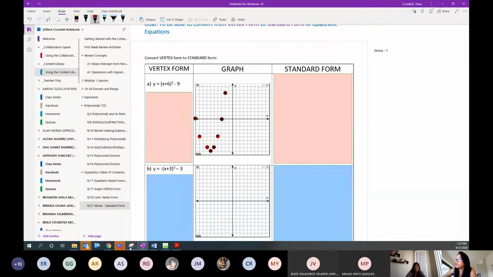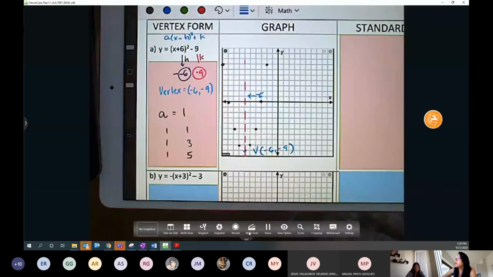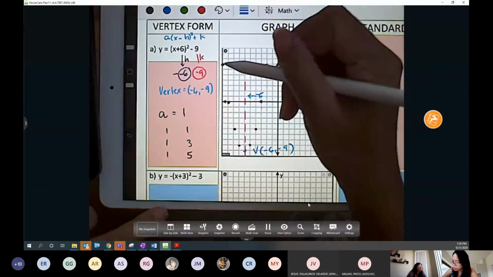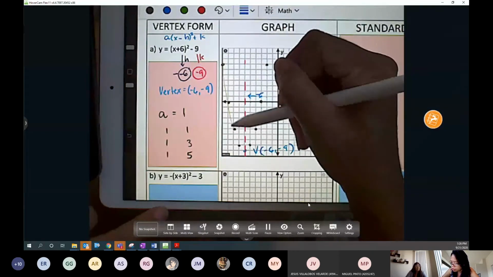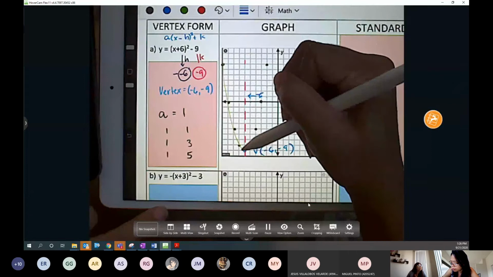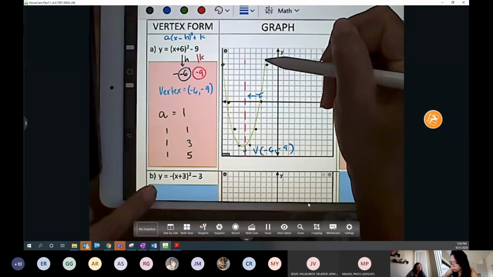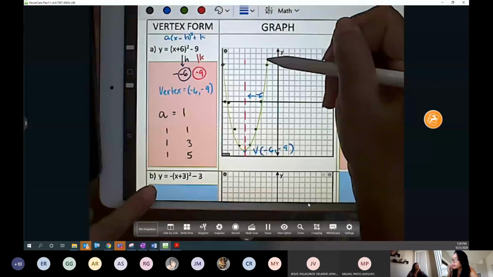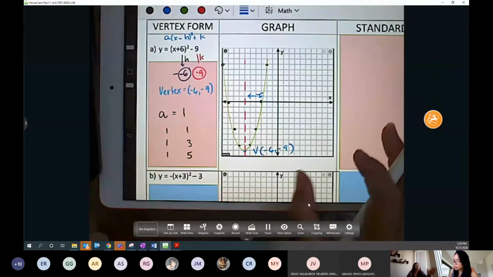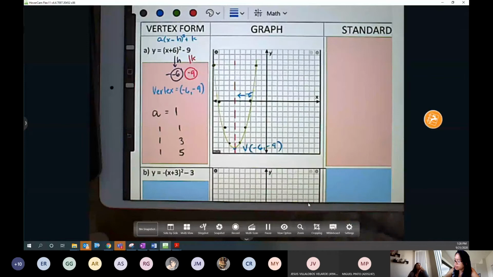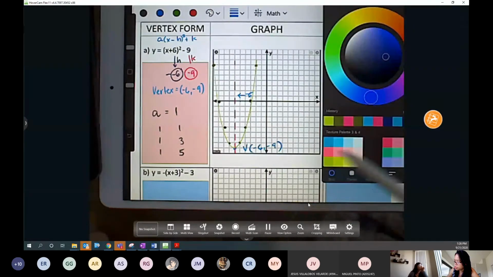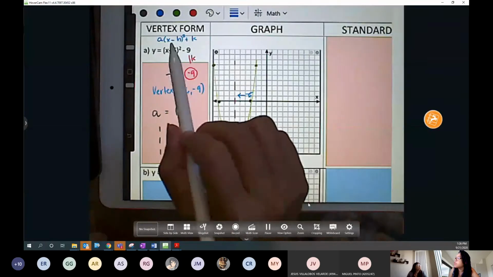Okay, so use your pencil, and then you don't have to connect the dots. I'll try my best to connect this. Okay, so that's how you're gonna graph, and then on to our real lesson, which is to convert vertex form